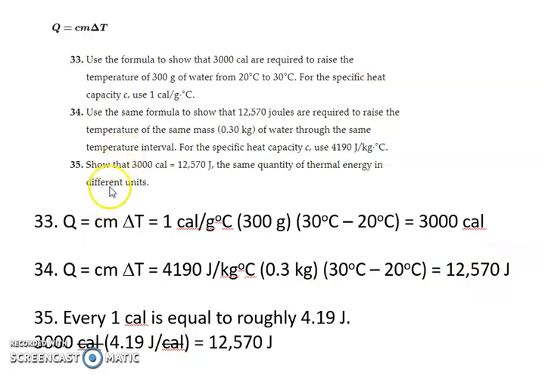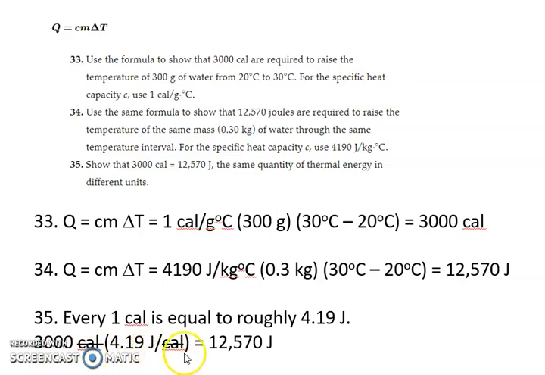For 35, we're asked to show that 3,000 calories is 12,570 joules. It's the same quantity of thermal energy in different units. So since every 1 calorie is equal to roughly 4.19 joules, we apply this conversion factor, 3,000 calories multiplied by